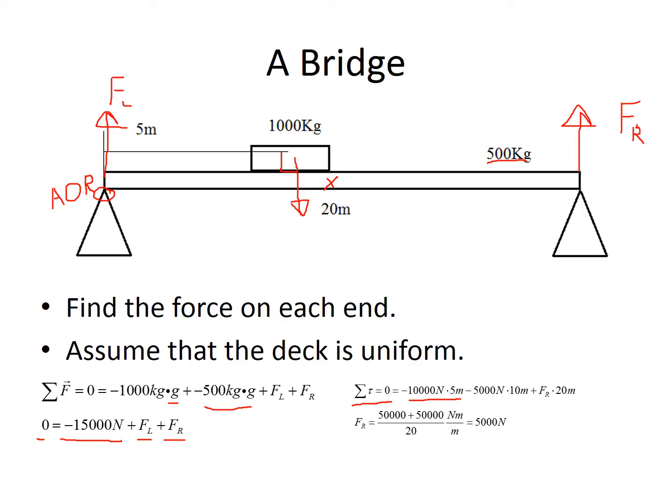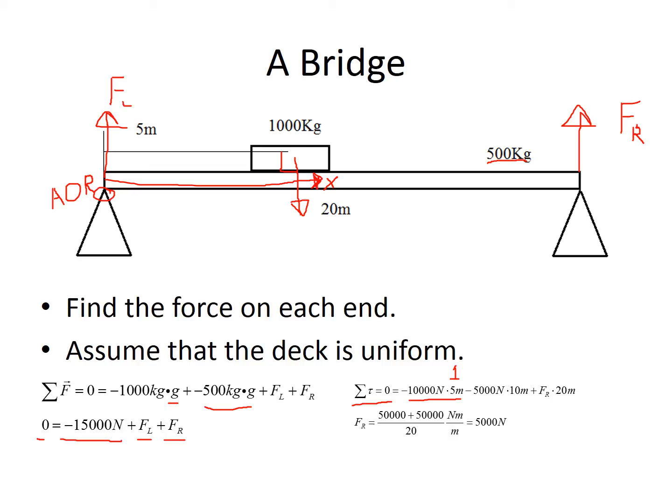Sine of 90 is 1, so we can leave that out. There's an assumed 1 here. The mass of the bridge is 5,000 kilograms, so the weight of the bridge is 5,000 newtons. And it acts at the center of the bridge, so the lever arm for the center of the bridge is going to be